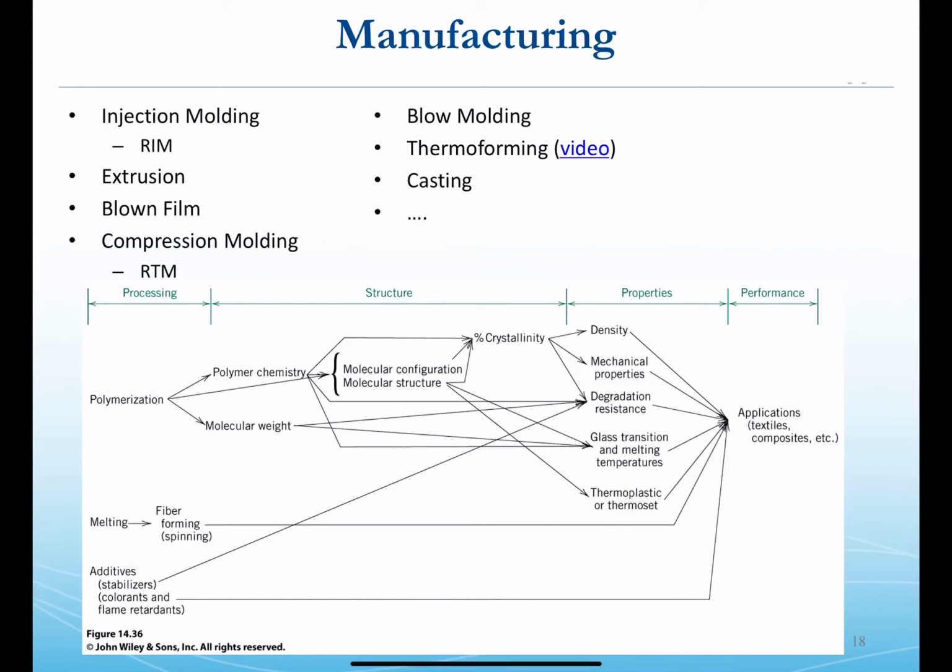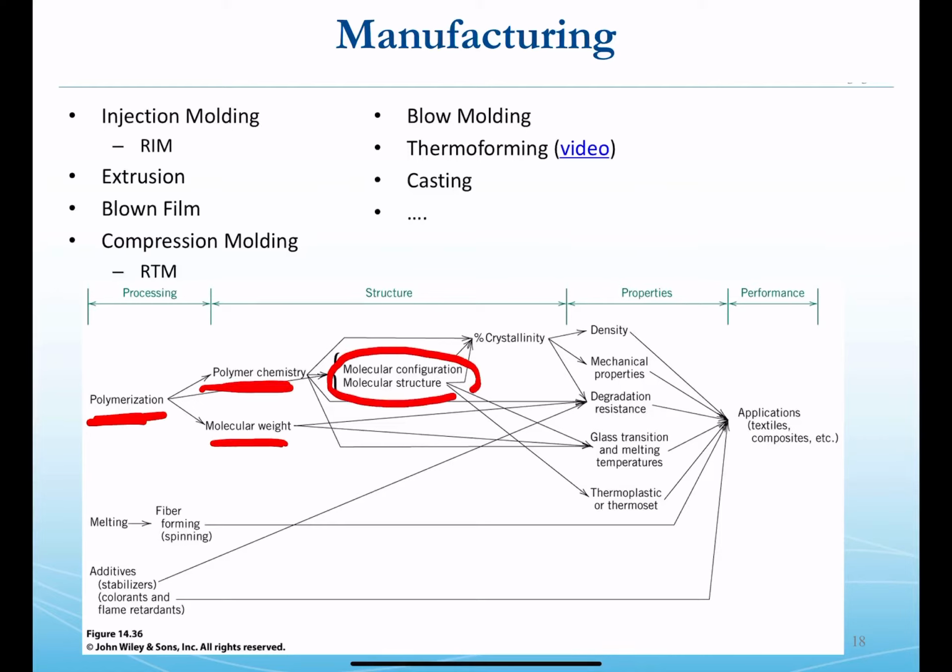Okay, so now that we have a pretty good view on all the aspects of polymer chemistry, polymer engineering, and their properties, let's touch on the manufacturing options and what that might mean for the ultimate properties of the material. So we've looked a lot at polymerization, the polymer chemistry, molecular weight details, and we've seen here some